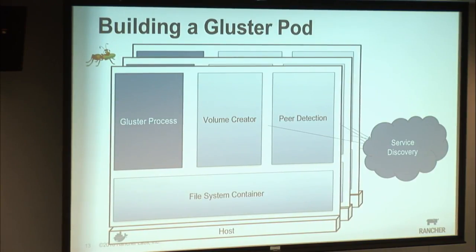And then in the case of Gluster, you were creating a storage volume. And so we're creating a replicated volume. We need to make sure a certain number of hosts are available, and we need to make sure that the command only runs once, and it's only run from a single source, because you run it once and it gets created, and then you don't want all of the containers to do that. So there's a lot of coordination that needs to happen in these systems as you're trying to bring them up and bootstrap them.